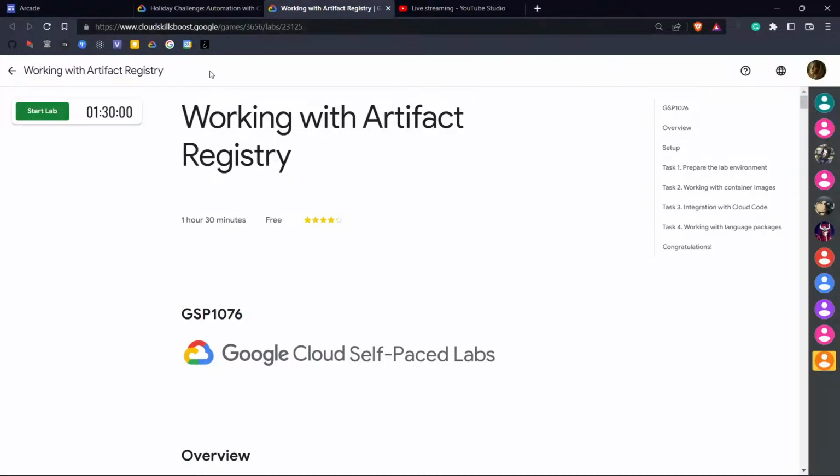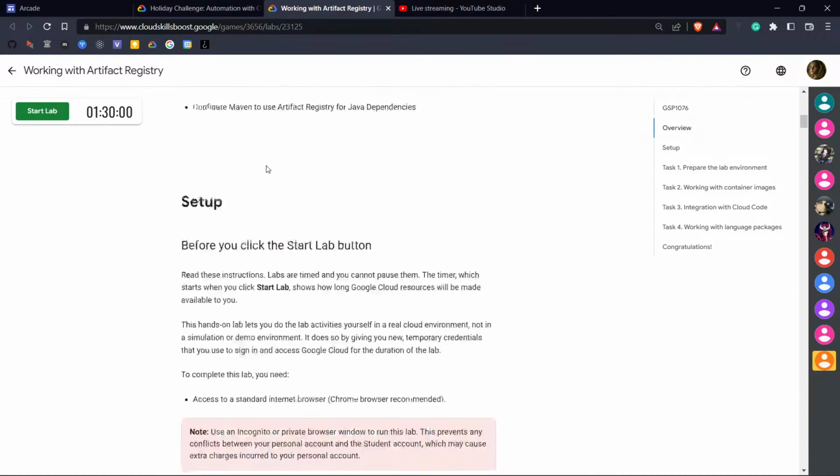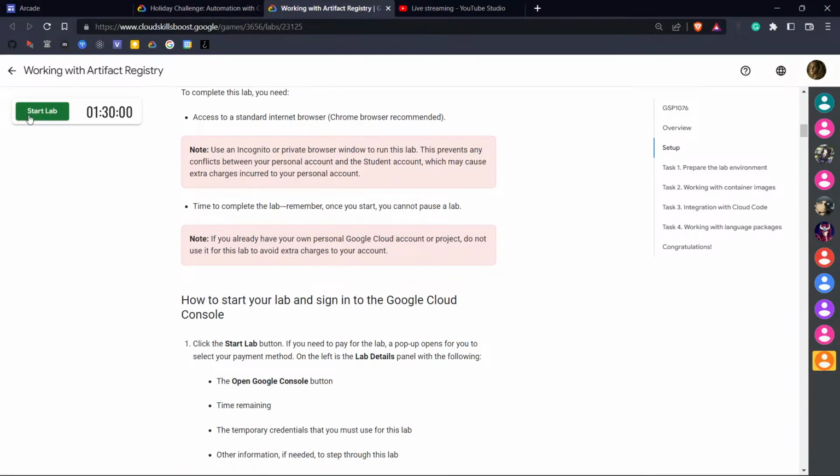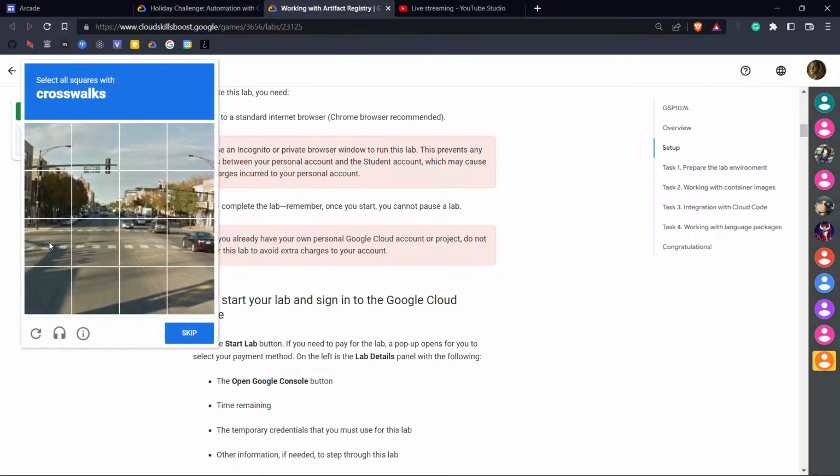So this is the second lab of the holiday challenge in the arcade event, working with Artifact Registry. This lab takes quite a lot of time, so make sure to follow me as I'm doing the lab. Click on start lab and complete the reCAPTCHA,